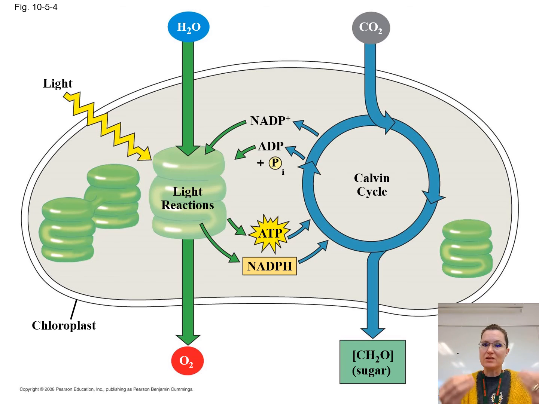Well, that expends energy from the ATP. So then up at the top, in the middle, it says ADP plus inorganic phosphate. We used up the energy, and so now we have to go get it again. We also gave away the hydrogen, and so our NADPH went back to NADP+.